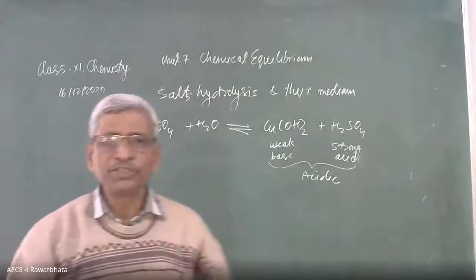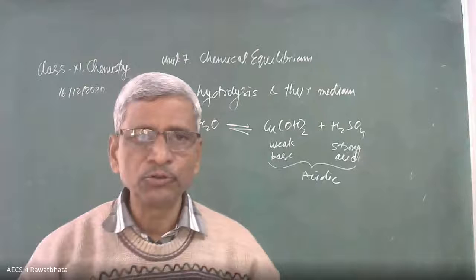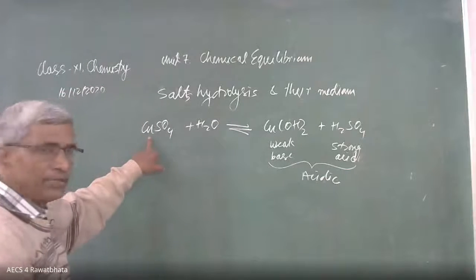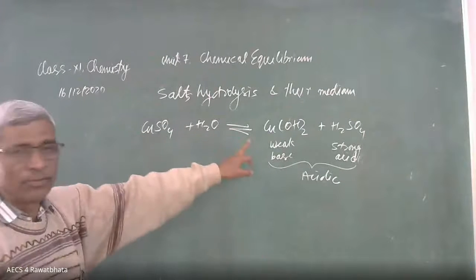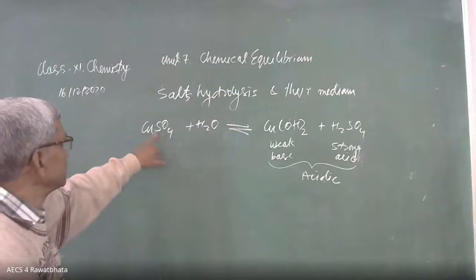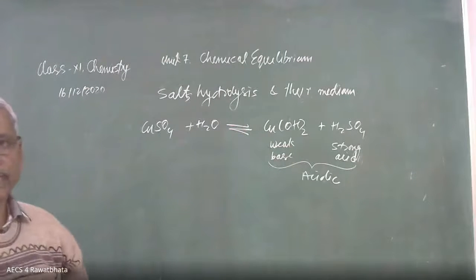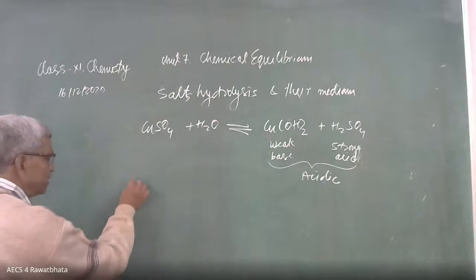This is the way to decide the medium of the salt solution. Write the hydrolysis reaction. For a salt having a metal and non-metal compound, the metal forms the hydroxide, and the other part of the salt forms the acid, and then we can decide it. Finally, one more, sodium